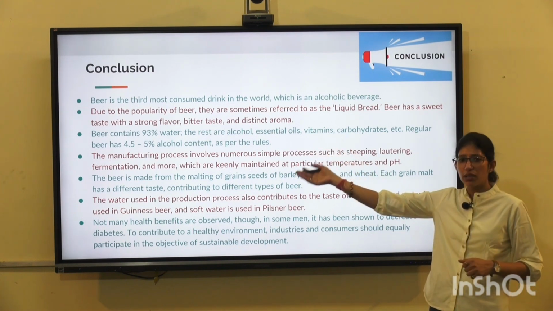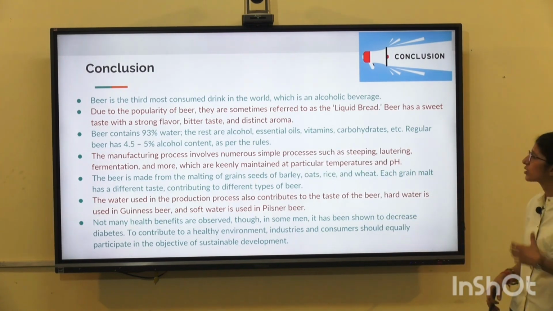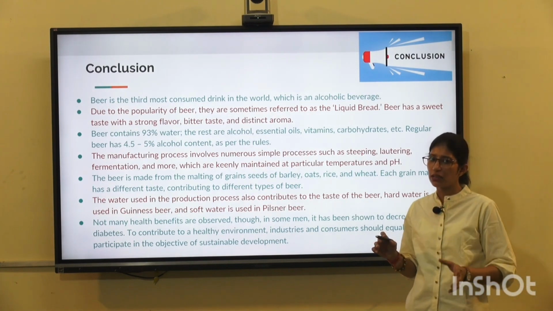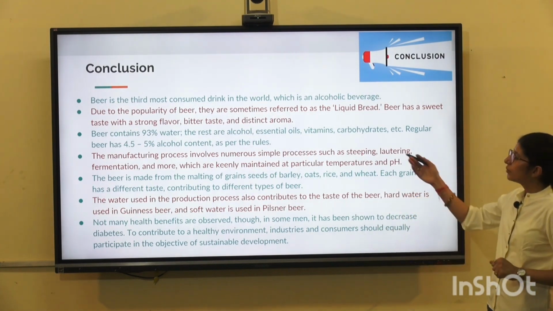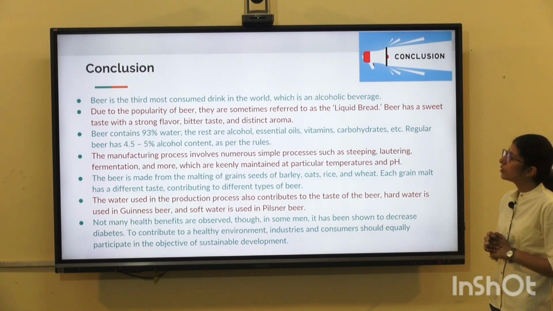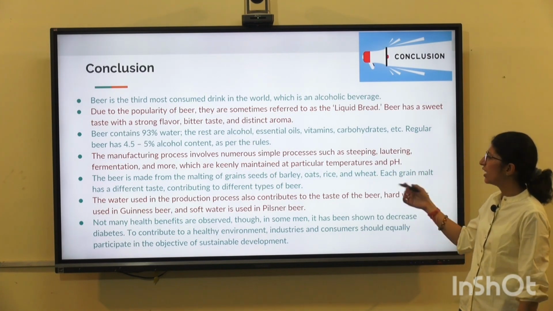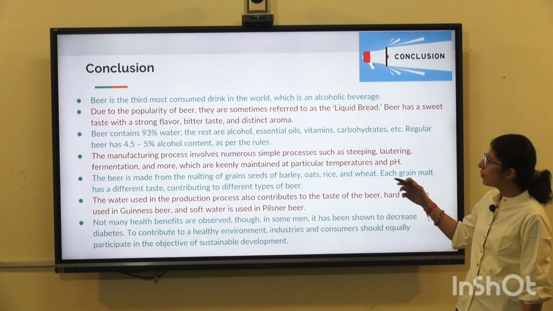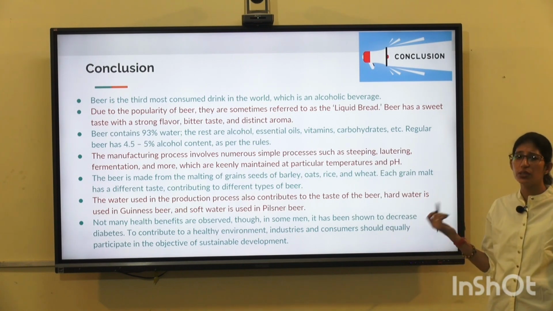It contains about 90 to 95% water, followed by the rest of alcohol, essential oils, vitamins and carbohydrates, and regularly it has 4 to 5% alcohol, excluding extra-strong varieties of beer. The beer manufacturing process is numerous and includes steps like steeping, milling, fermentation, at particular temperatures and pH. The beer is made from malting of grains such as oats, barley, rice and many more, which produce different colors, flavors,